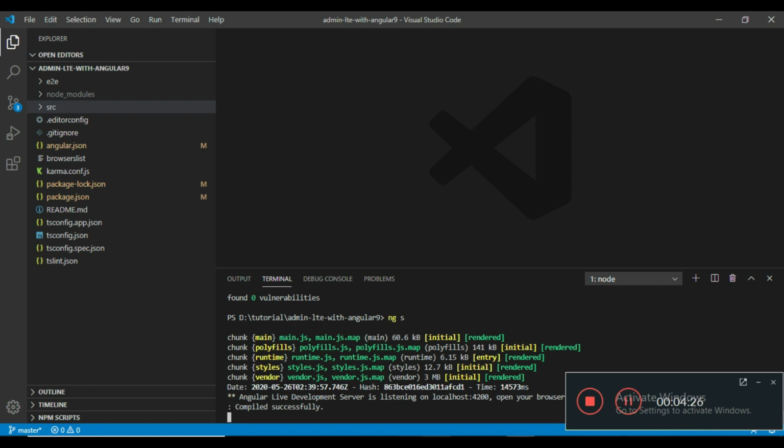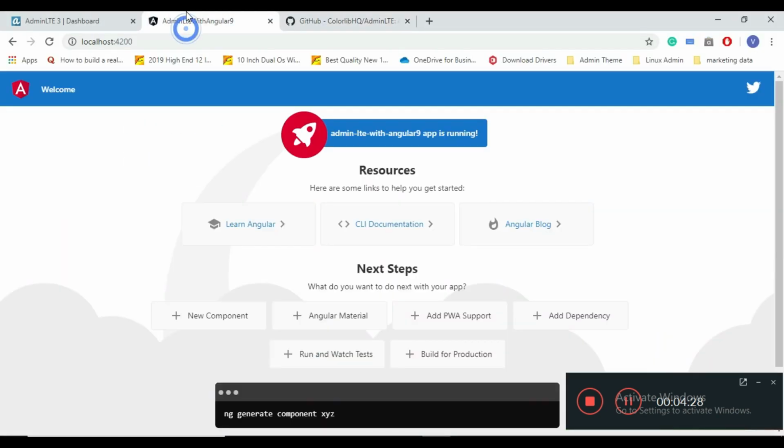Compiled successfully. Check in the browser. So it's working fine. Now go to the editor.